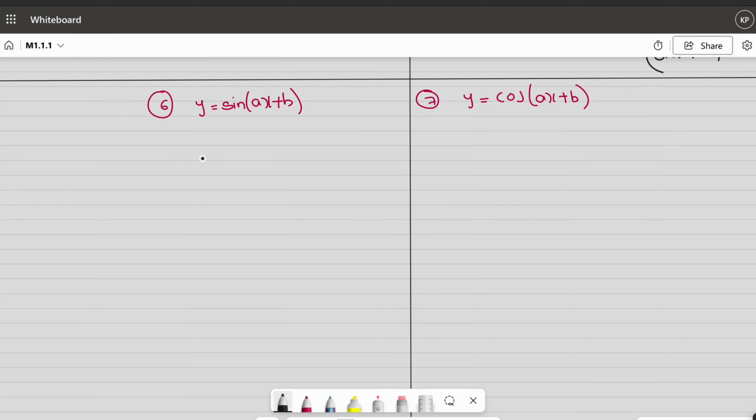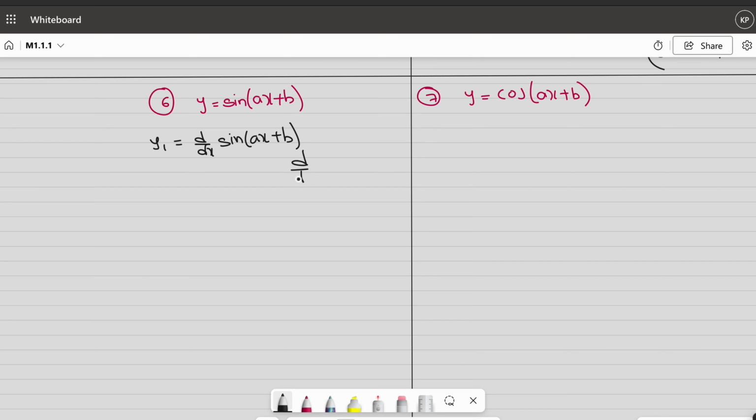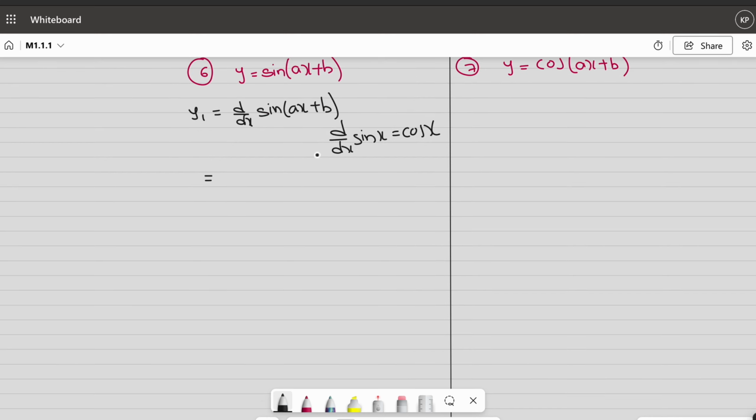Hello guys, so today we are going to solve two more standard functions in this video, that is y equal to sine of ax plus b and y equal to cos of ax plus b. Let us go to the first step, that is y1 is equal to d by dx of sine of ax plus b. We know that d by dx of sine x is equal to cos x. So with the help of this formula, by considering this ax plus b as x, if we do the derivation,